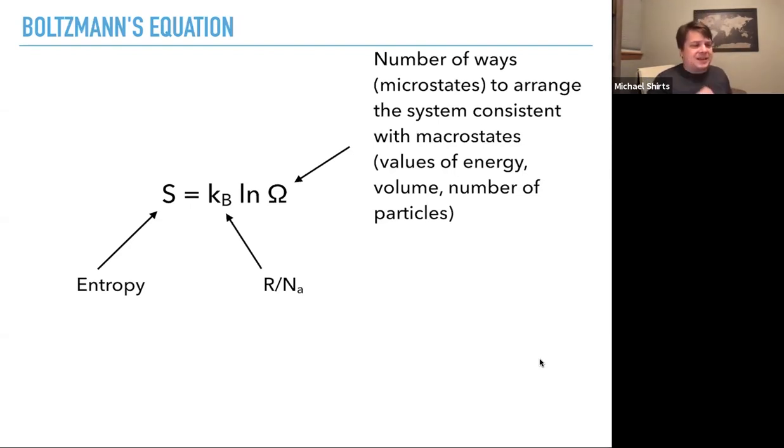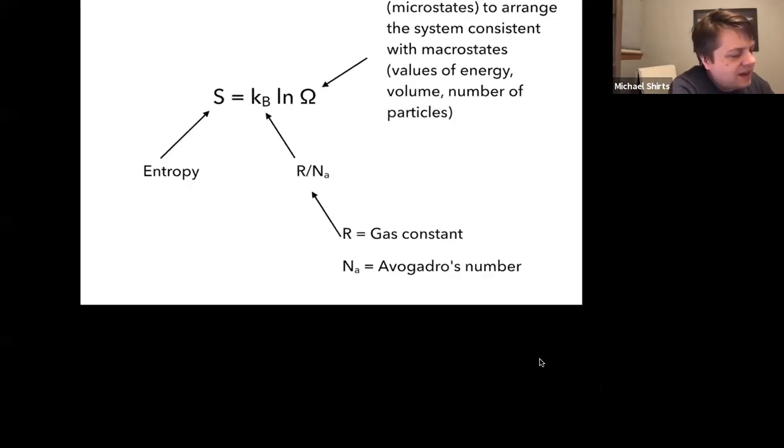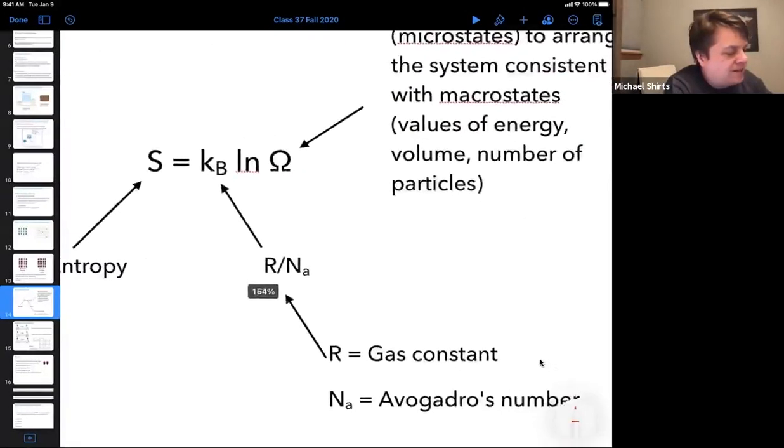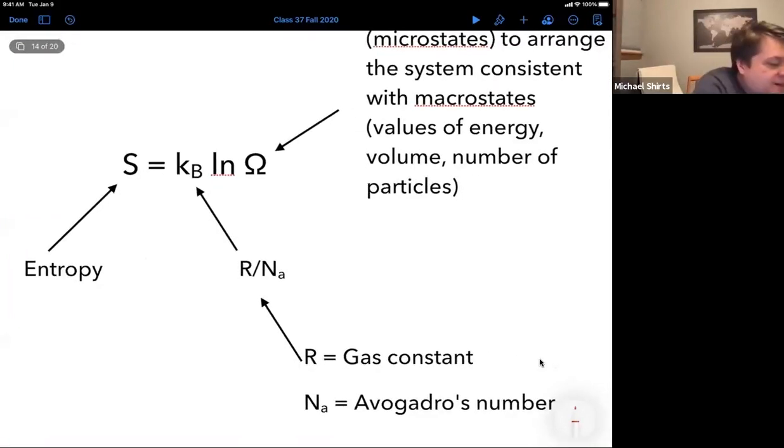So let's remember what the gas constant is. Let's figure out units of entropy here. So that's the gas constant, where N_A is Avogadro's number. Let's look and see what units Boltzmann's constant has. So we start with the gas constant, right? That's 8.314 joules per mole Kelvin. And Avogadro's number is things per mole. Things don't have a unit, so it's just 1 over mole. So the moles cancel.